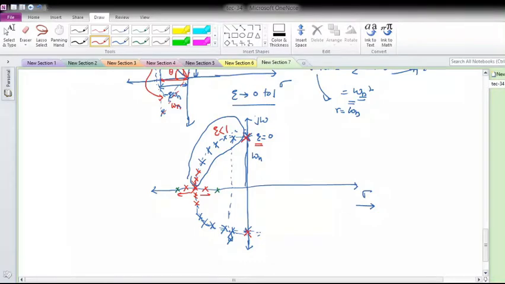Similarly here also, in this situation, what will be the value of zeta? Zeta will be less than 1. Now when zeta is equal to 1, then what will happen? I'll get two poles which will be real and repeated, that we have seen. Let me draw these locations. When zeta is greater than 1, the poles will be real and distinct. Okay, so basically this is the behavior of a second order circuit.